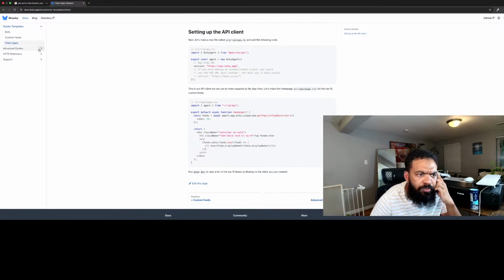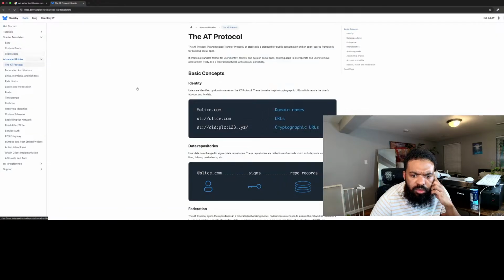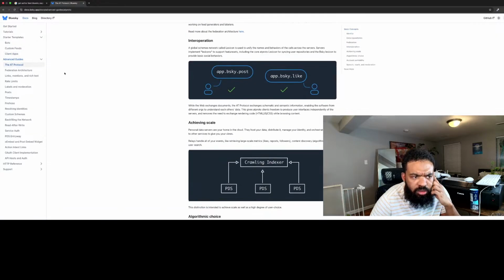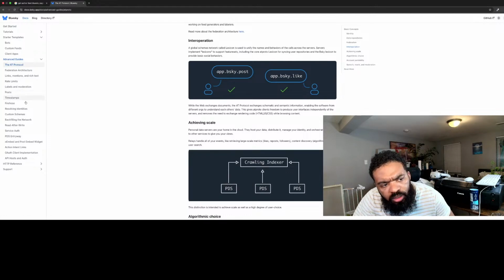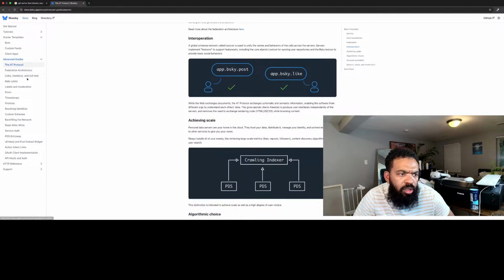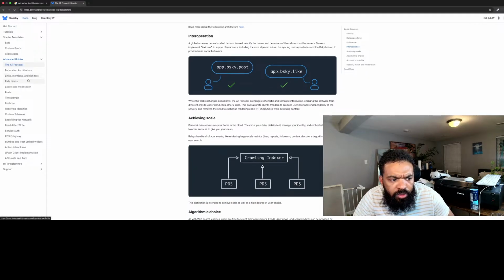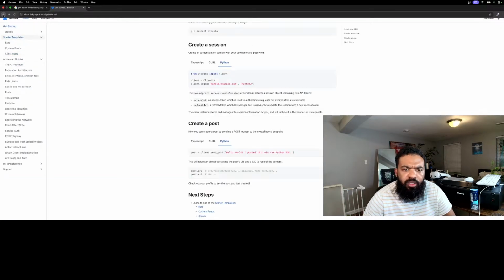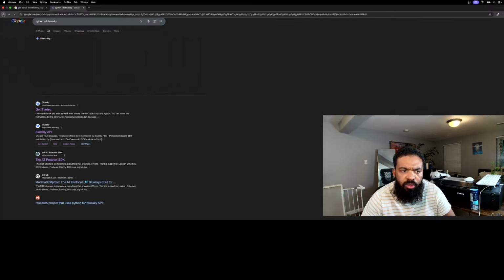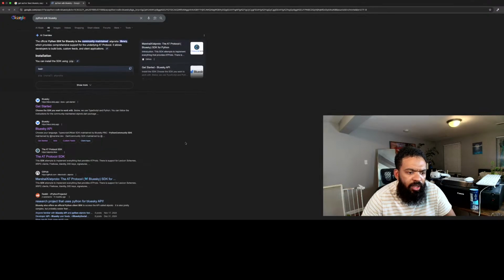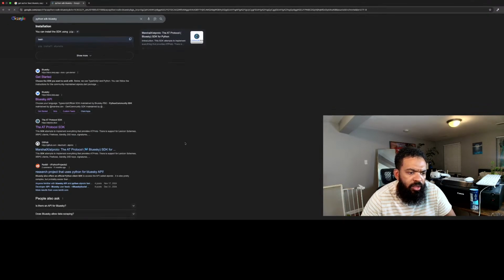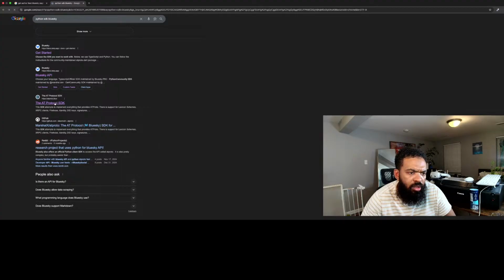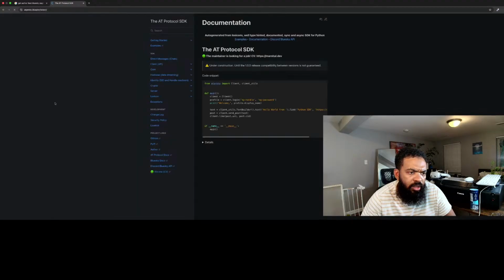I don't think I am. Advanced guides. AT Protocol. Oh my gosh. Bluesky's documentation is a nightmare. It's just really tough to find what you're looking for here. You just type in Python SDK and you want to be dropped into the Python SDK, and instead you get the raw API link.